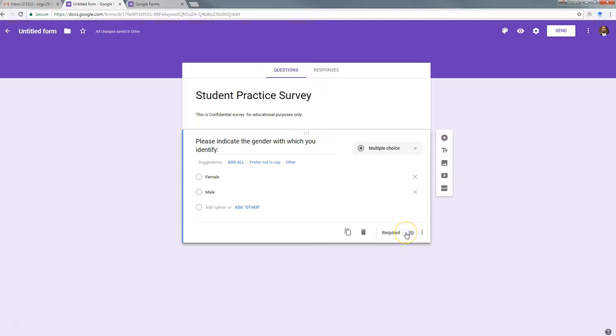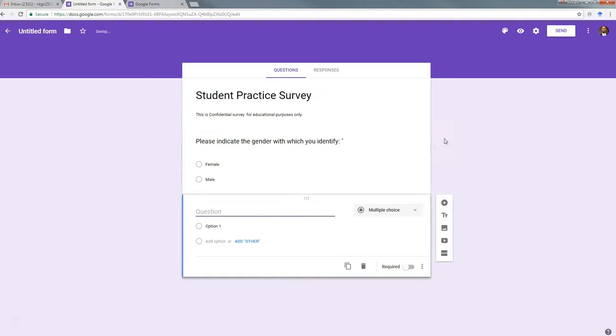And you can make the question required so that they cannot submit the survey unless they've completed the question. Again, surveyors will tell you that you really shouldn't make all your questions required, but in this case, to demonstrate the facility, I'm going to do that. So, once I put in my first question, I can click on the plus sign to add a second question, and I'm going to ask people